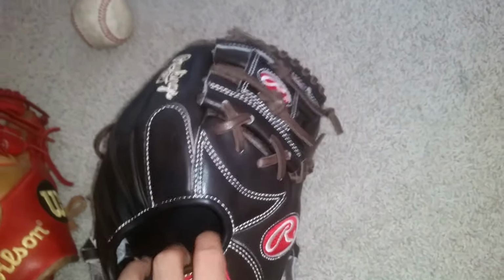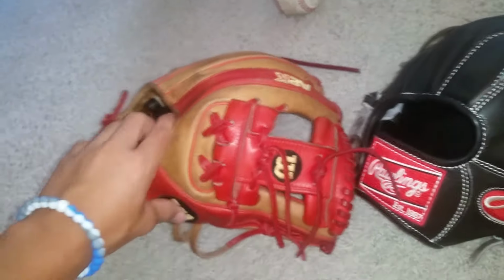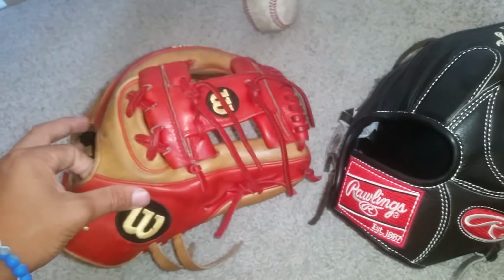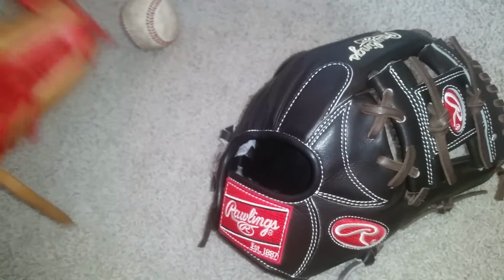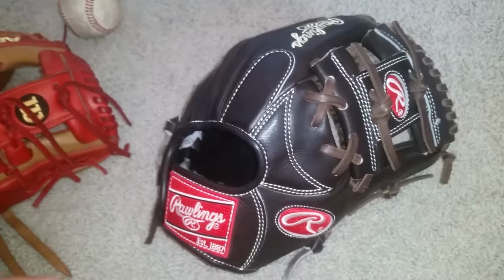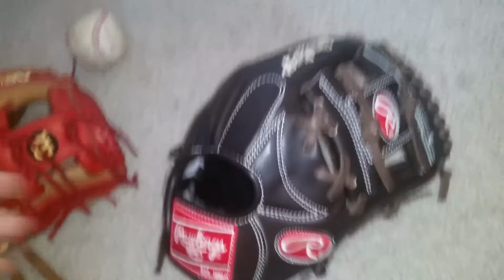But I honestly do like the Wilson patterns more, just because they are a little bit more consistent. You know what you're gonna get. You can form them however you want. Whereas Rawlings is a little bit more, you get what you get. That's what it's gonna form. It's gonna be a lot harder to form it than